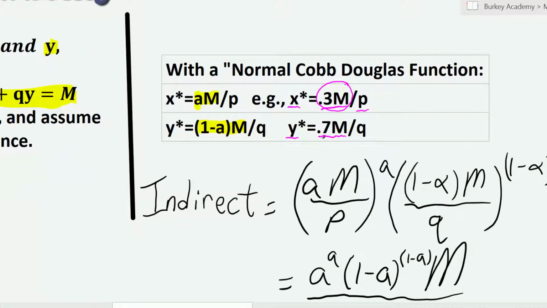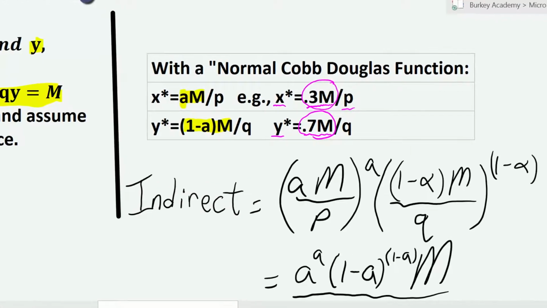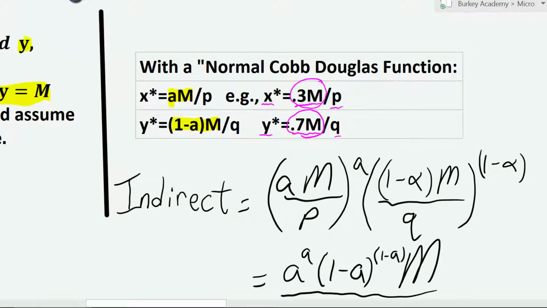If I take 70% of my budget and allocate it to spending on Y, divide it by the price of Y, that's how many Y's I'm going to be able to afford here. So we're going to be looking for something similar to this whenever we have this subsistence level,